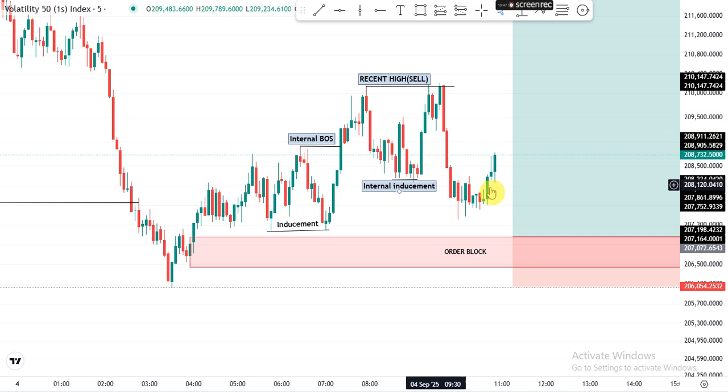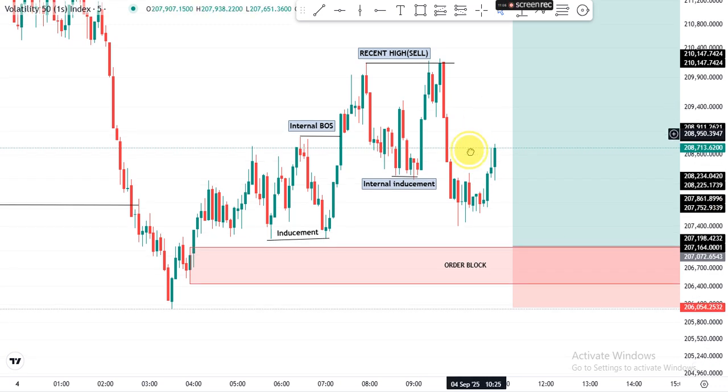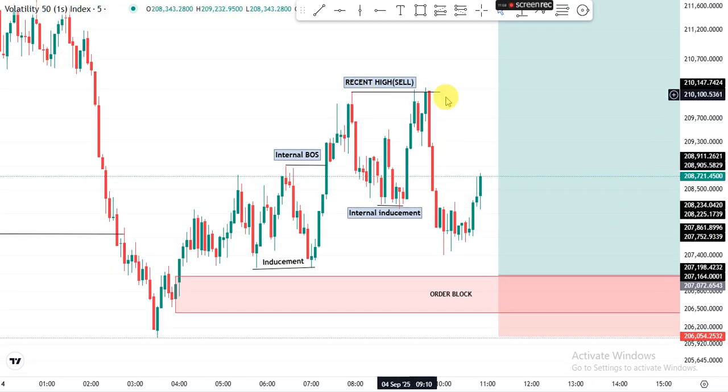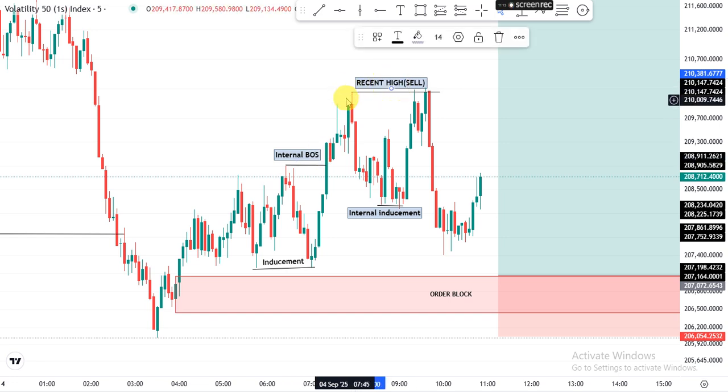Now all of this that is happening here, they are just gathering liquidity. If you choose that you want to take a risk by selling the high that the internal break of structure created, you wait for it to be tested like 3 times. You wait for it to be tested 3 times to show that that zone is strong. That's why I put it here, recent high. If you truly want to take a risk, say you want to sell to the order block you're waiting for,